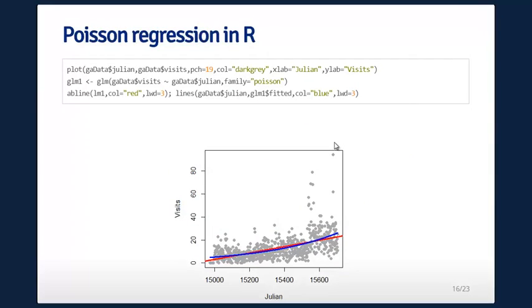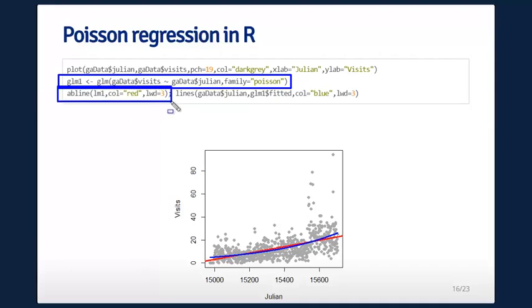Poisson regression in R is very easy. You just fit a GLM, and you want to make sure the family equals Poisson. The log link function is the default link function. And you can just add the plot with an abline statement. I'm sorry, abline, that's for the linear model. And then lines,